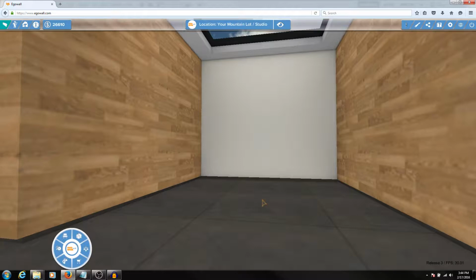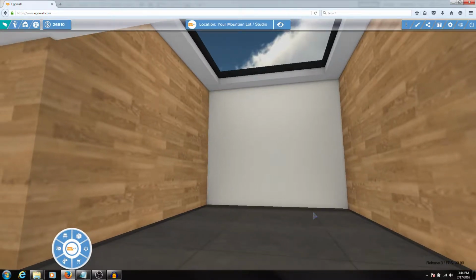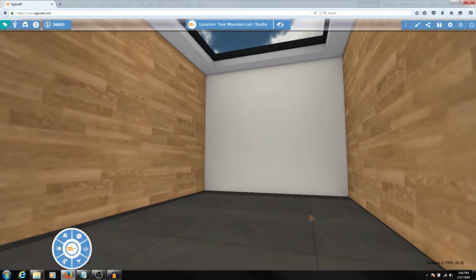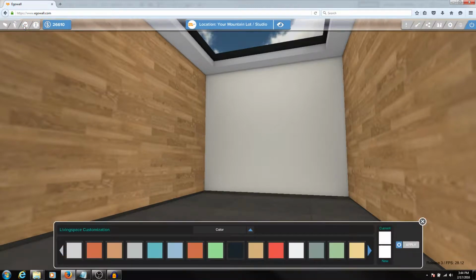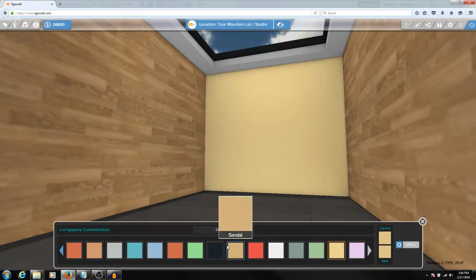So before I got started, I picked out some furniture pieces and some fun stuff that kids would like. And I also got an idea in my head of what colors I'd want to use on the walls for paint. In Egowall's customization tool, I can select any wall and change the color. We've got a lot of colors to choose from, and I think I'll pick